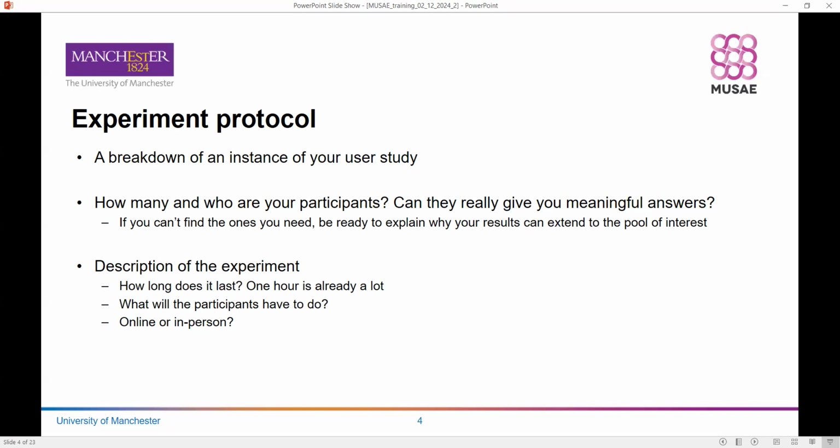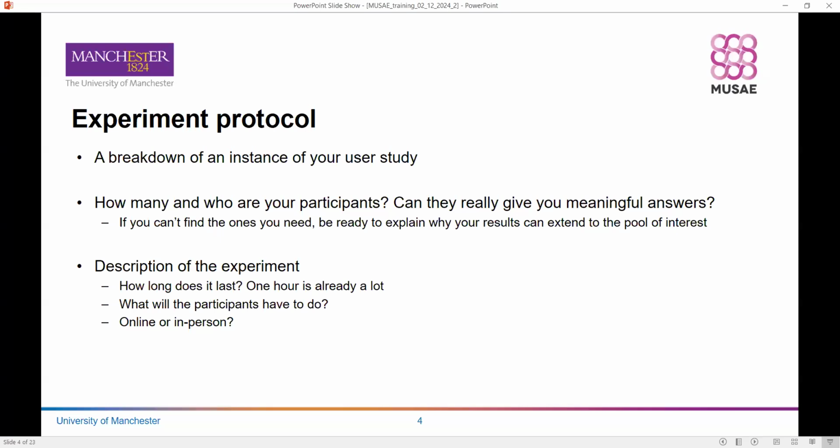And it starts from the pool of participants that you're going to recruit for your user study. In this document, you should specify how many participants you need for your user study, and also which kind of participants. So for instance,